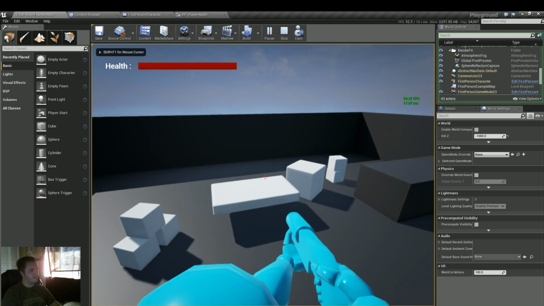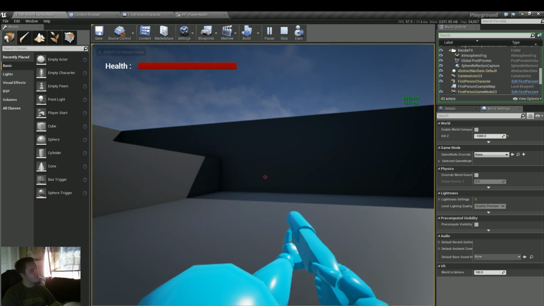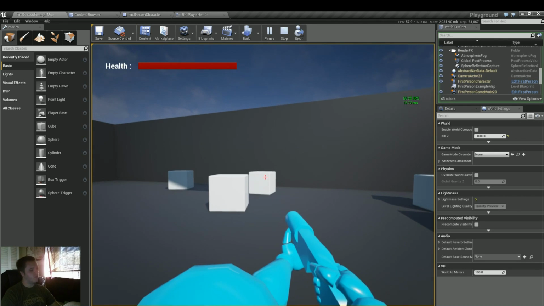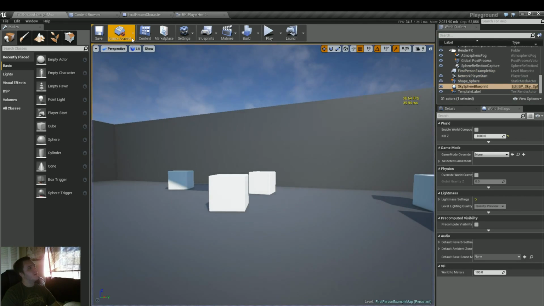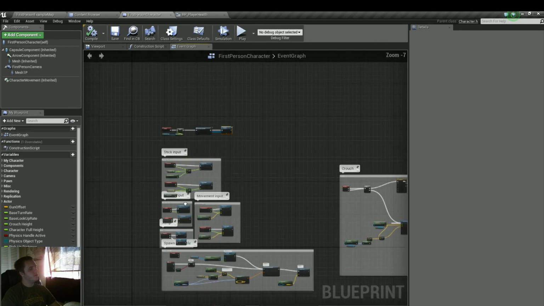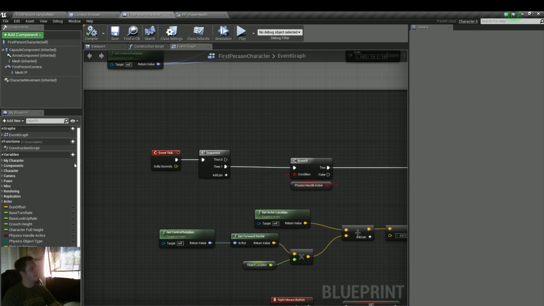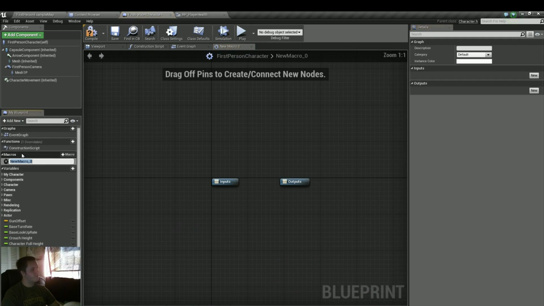And we do. Perfect. Right now, we can't really increase or decrease from it, but that's what we're going to work on next. So to get this started, what we're going to do, primarily it's going to be worked within our event tick to check to see whether or not we've done any fall damage. So under the My Blueprint here on the left, we'll just do a new macro. We'll call check for player falling